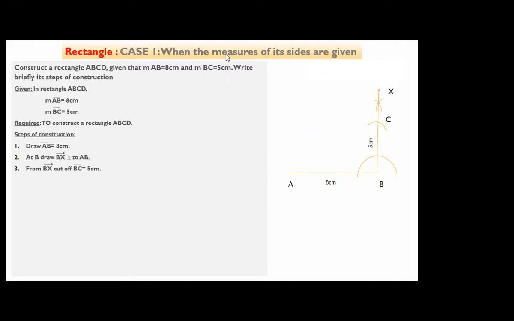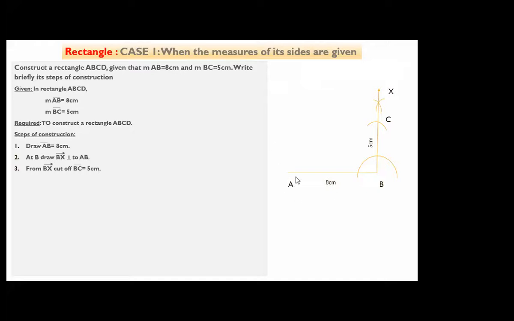Okay, Ali is there. Yes, Ali. Good. Beta, we have to put the compass at C. Now with which measurement I have to draw an arc? 8 centimeter. Beta, but it's not given in the question that it is 8 centimeter. Like every side of rectangle is equal. Opposite sides of rectangle are equal. Very good, because the opposite sides of the rectangle are congruent. Ali, very good. Ali, give me one more answer.